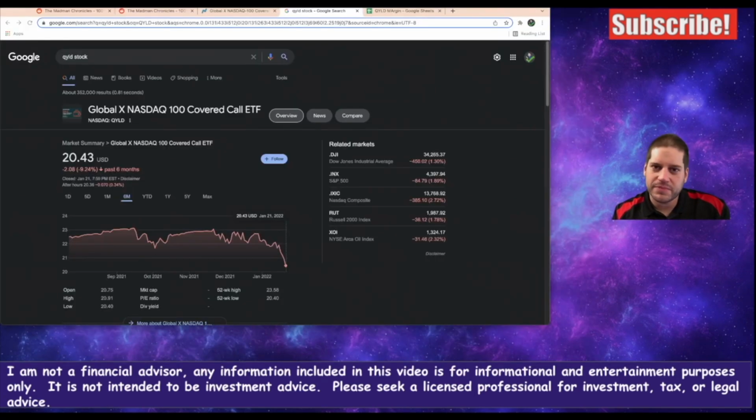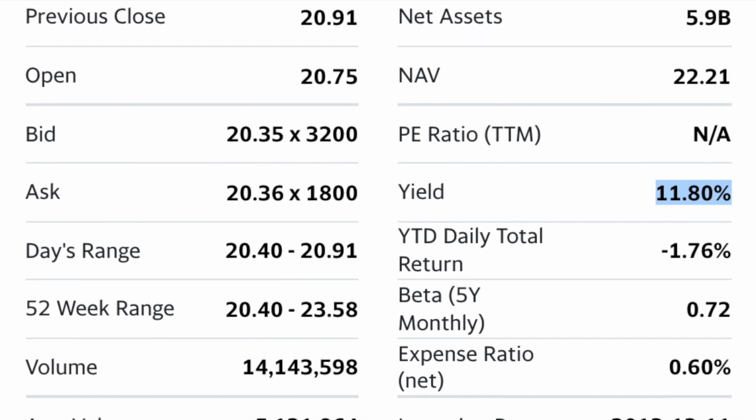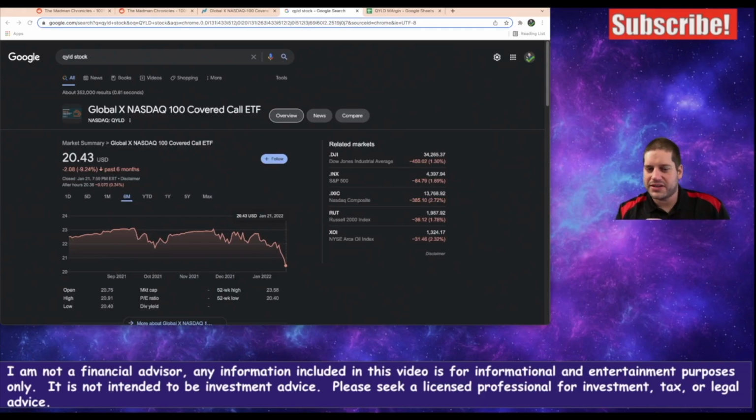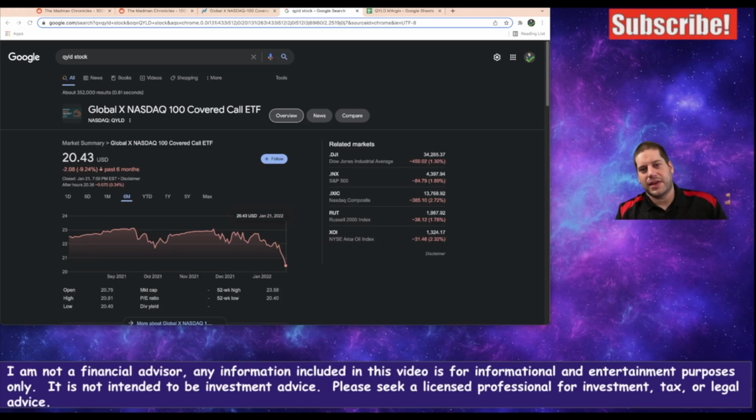So some people thought the 12% dividend yield of QYLD wasn't enough, and they realized that they can borrow money from their broker at very low rates, such as Interactive Brokers for 1.5%, or Robinhood, I think it's 2.5%, and then take that money and invest it in more shares of QYLD, where they can get 12%, and since they're able to pay off the margin interest with the dividend itself, it's basically free money,